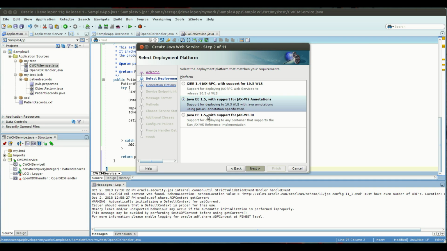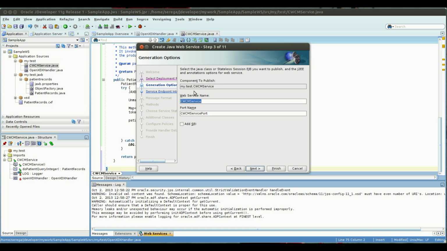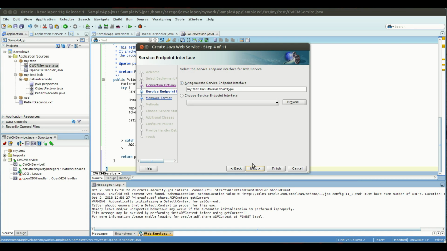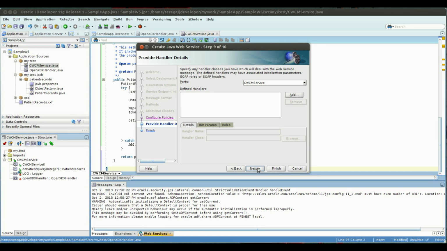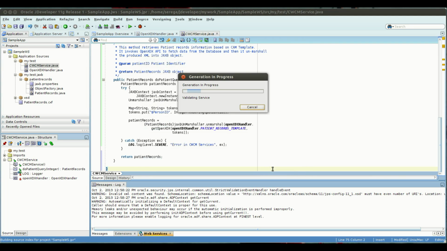Click next. Put the checkbox for adding the service endpoint interface. Click next. It will auto-generate our service endpoint interface. This is our method. Click finish,